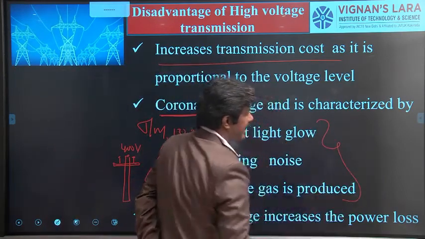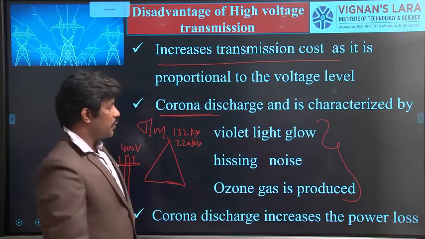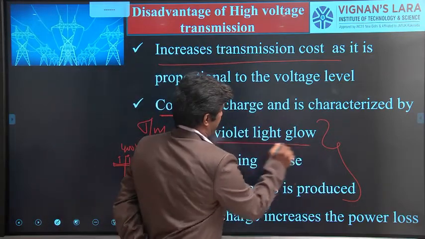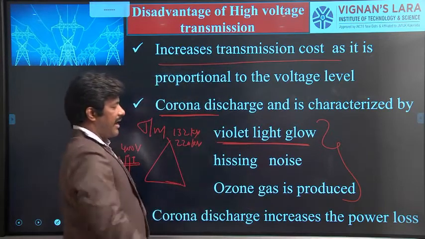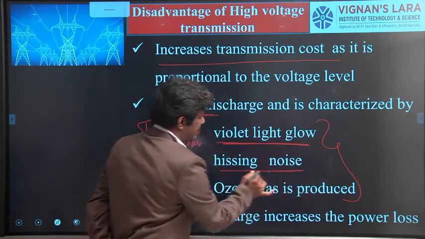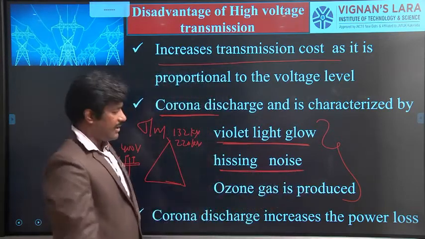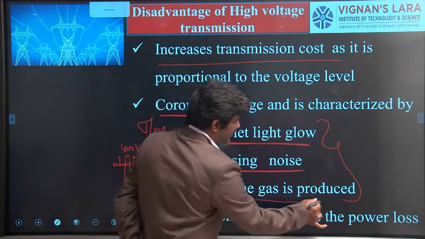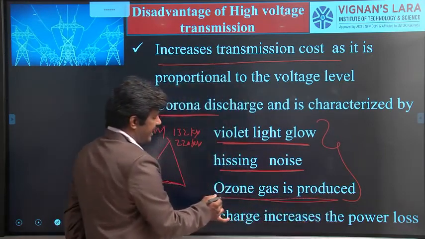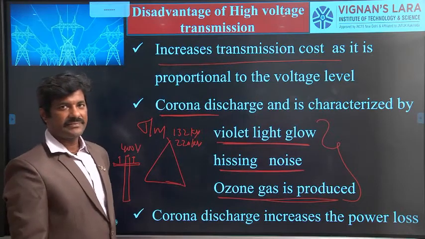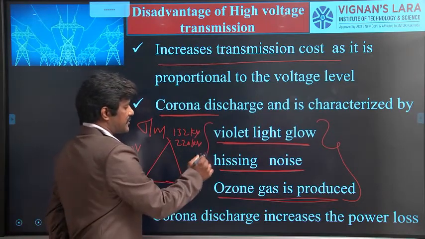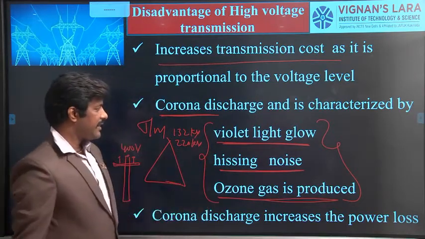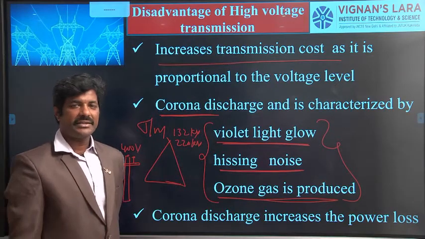After ionization of the air around the conductor wire, you can observe some violet glow in that conductor. After that, you can observe some hissing noise around that conductor. And next, if you leave that case, it will lead to the production of ozone gas. If these three are observed over a transmission line, then we can say that the transmission line is affected with a corona,